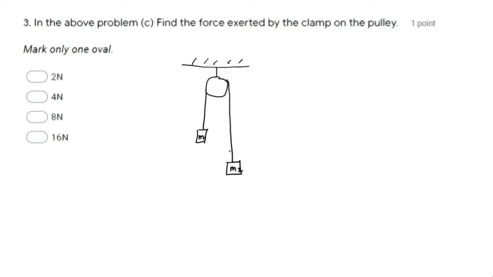So you can see here, this is the tension acting upward on M2. Same way, here the same tension will be acting downward. Here also the same tension will be acting downward. And on M1, tension will be acting upward. So you can see in the picture, this is the tension T and this is also tension T. So what is the tension acting on the pulley above?